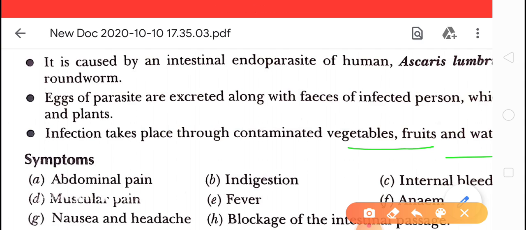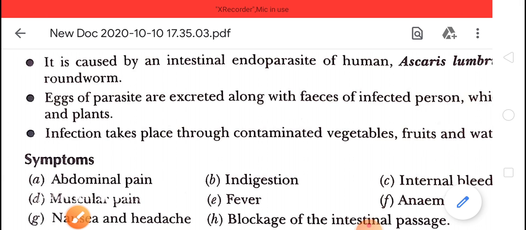Okay, symptoms of Ascariasis are abdominal pain, indigestion, internal bleeding, muscular pain, fever, anemia, headache and nausea. Some intestinal passages are also blocked due to the Ascaris lumbricoides. Okay, after that, next one,